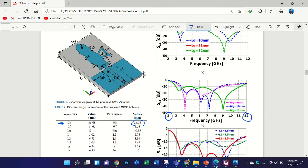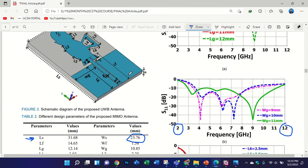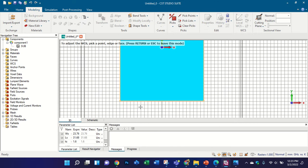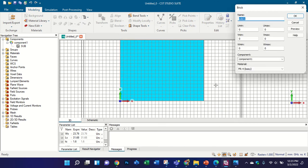First we have to create this CPW, a ground plane. What is the length and width of the ground plane? LG, you can see here. I shift my WCS to this point. This is the left CPW, so I'm writing here CPW L, left. And I need dimensions in the U direction, I mean Umax and Vmax. So I'm writing here WG, and in the upward direction,